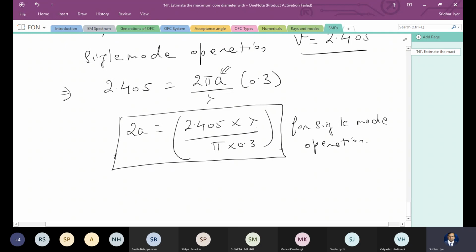Okay. So there are a couple more numericals which I want to solve. That we'll be doing in the next class, and then we'll be looking at the making of the optical fiber and a few other important parameters like mode field diameter and a few other parameters for a single mode fiber. So we'll be looking at those factors. Probably in the next lecture or the lecture after that, I should be able to finish module 1.